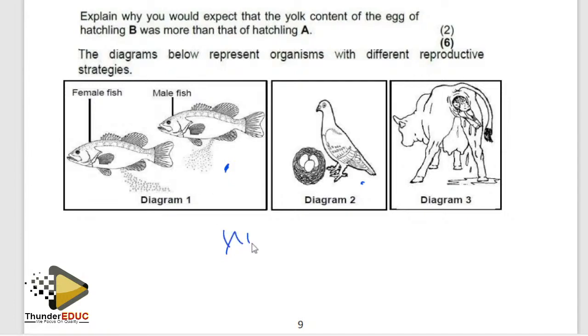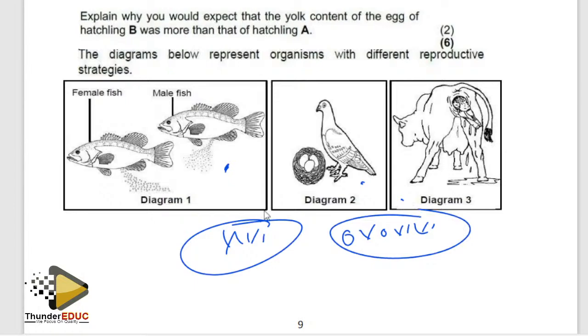Obviously, if it is viviparous, there is no way it is going to be external. You understand? If it is ovoviviparous, there is no way it is going to be external. Why? Because the development is inside the mother's body. The mother is taking it as a shelter. So it is only oviparous which can either be internal or external.